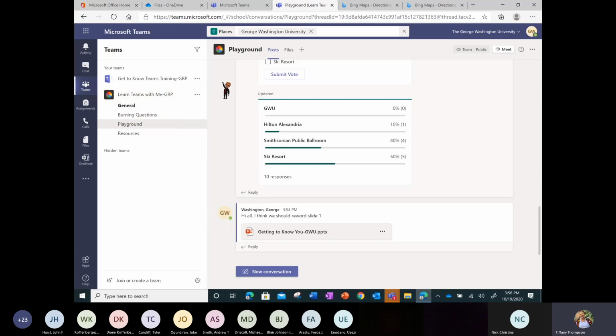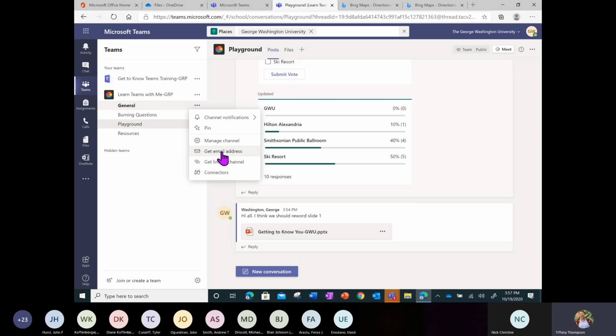On your team channel, when you click the 3 ellipses, you'll see the manage channel button, which I already showed you, where you can moderate the channel so that others can't post. You can also get an email address to this particular channel. This is really useful if you have that one team member who just does not log into their computer or log into Teams as much as you like. And you're like, well, you know what?